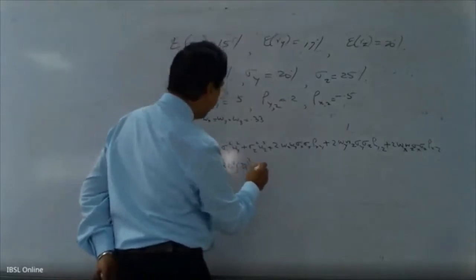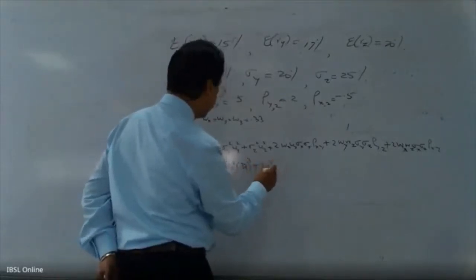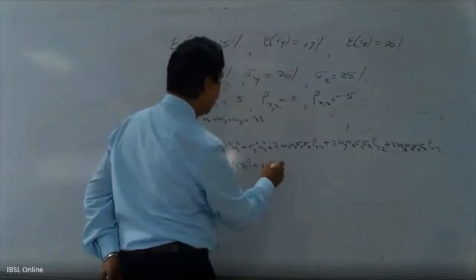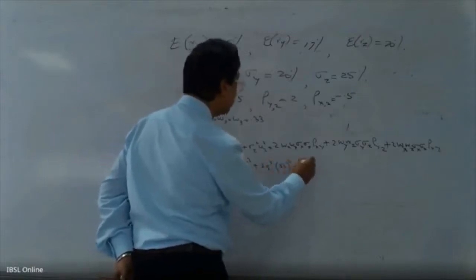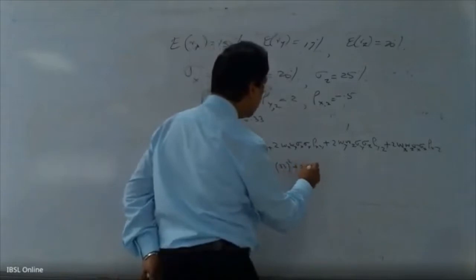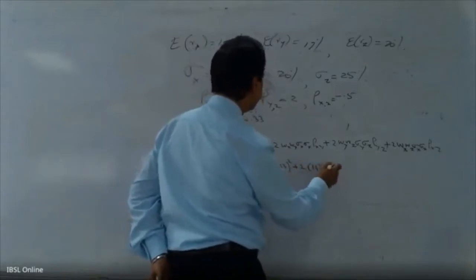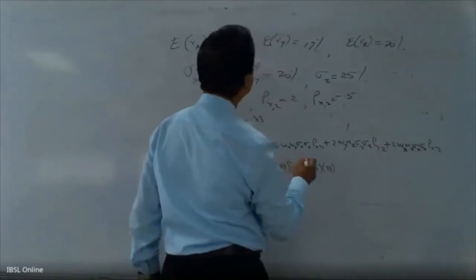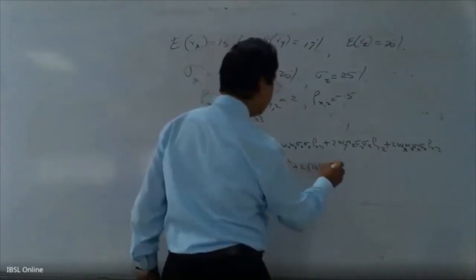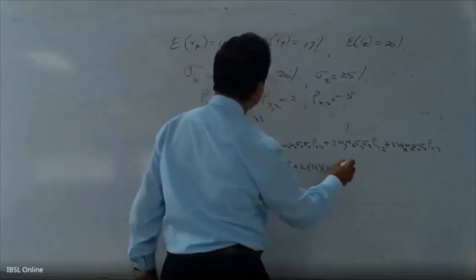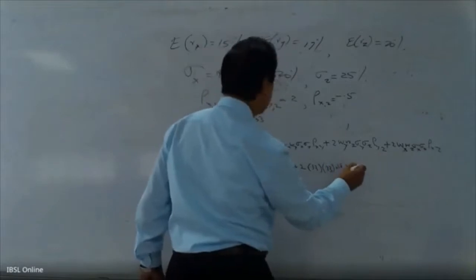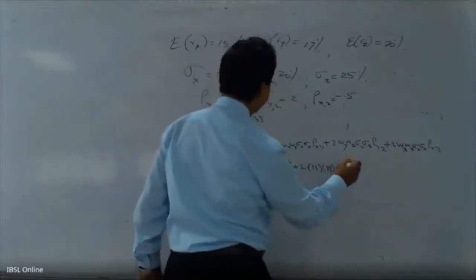Sigma z is 25, so 25 squared, again 0.33 squared, plus 2 into 0.33 into 0.33 sigma x sigma y. Sigma x is 18, sigma y is 20, rho xy is 0.5